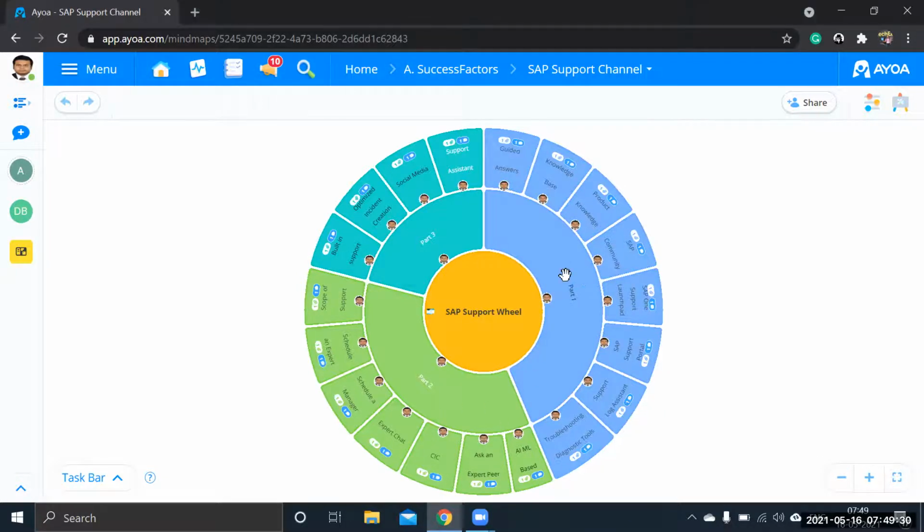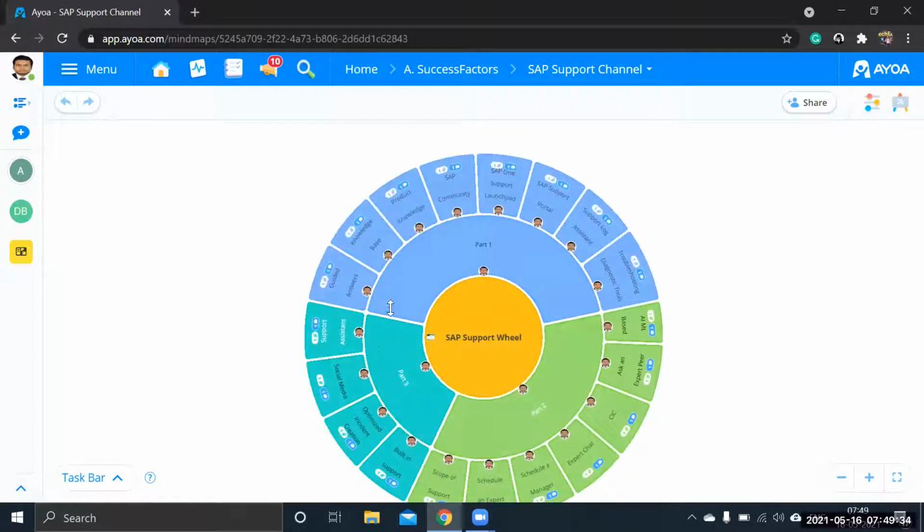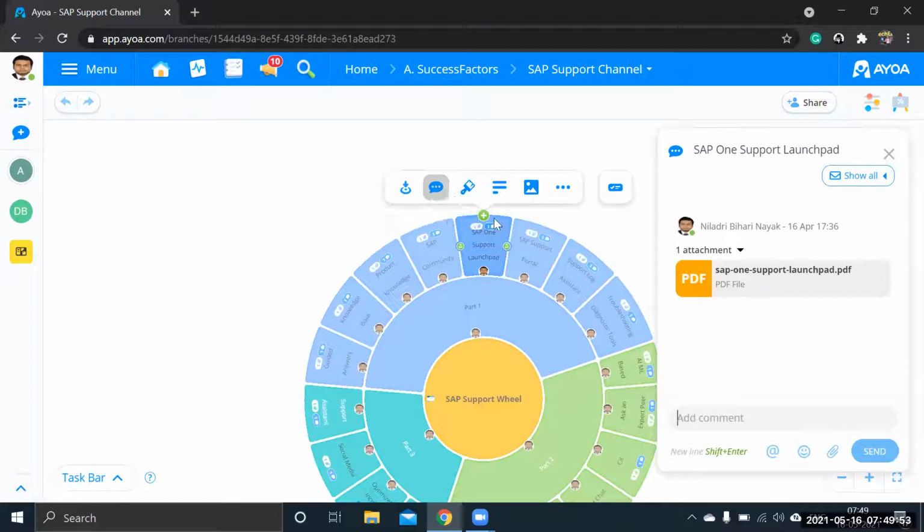Okay, the first part which I will go through now. In that there are so many channels you can see, like SAP community, product knowledge, knowledge base, guided answer. The main area here which we use is the SAP support portal or SAP support launchpad. This is the one which we generally use. And for each and everything you will be finding a PDF.